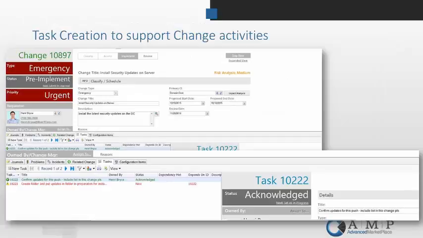Okay, so tasks. I know you probably assumed this already, but tasks are a key part of change management. From an implementation perspective, we have seen this so many different ways. We have a customer currently that we're working with that requires tasks to be put in prior to even the assessment approval.